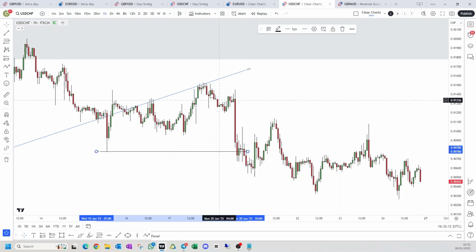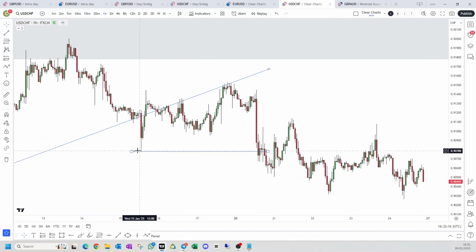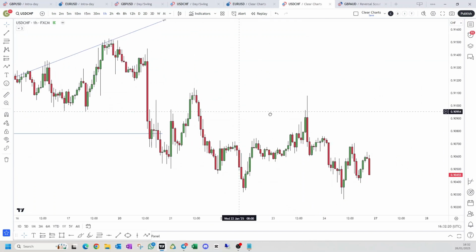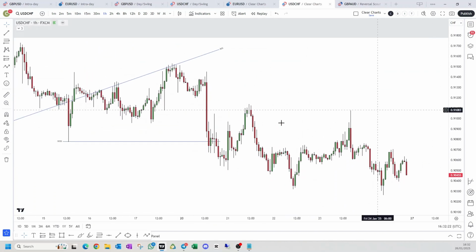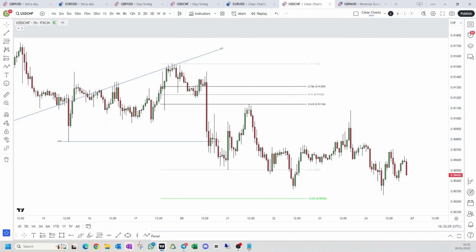But this being broken is actually a break of substructure now, or BOSS. So price broke beneath. Now, what we initially waited for is from this high to this low, like this, to come up to a fib level and sell off. As you can see,